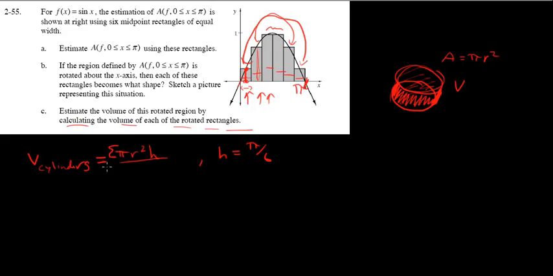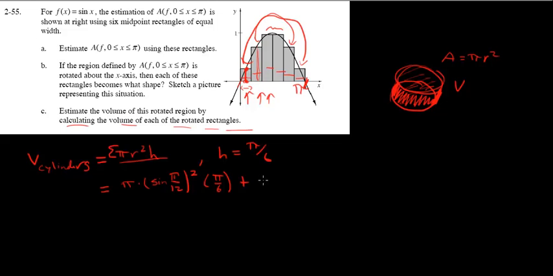Okay, so I'm just going to use that notation loosely, and we know it's going to be pi times r squared. So what's the first r? The first r is, remember, pi over 12 is this point, so it's going to be sine of pi over 12, right? So it's going to be pi times sine of pi over 12 squared times h, which is pi over 6,